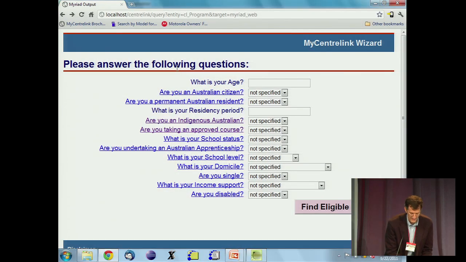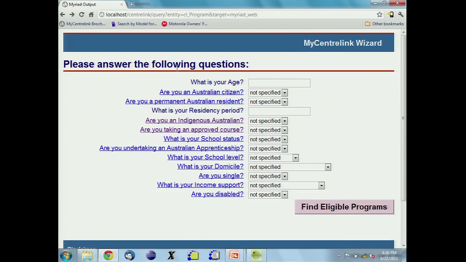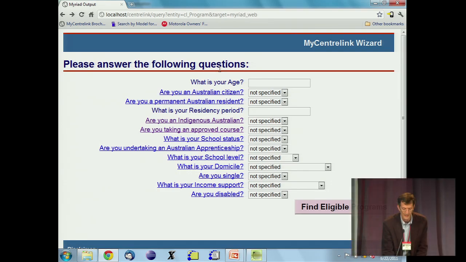There's the demo. The beginning of a tailoring demo always asks for questions from the user. We need to know something about our reader before we can tailor for them. This particular list of questions is automatically generated by our system based upon the underlying model. It looks through all of the conditions relevant to the programs it knows about and collects those things and produces a query wizard that you see here. The mechanism for doing that production is something that we'll talk about.